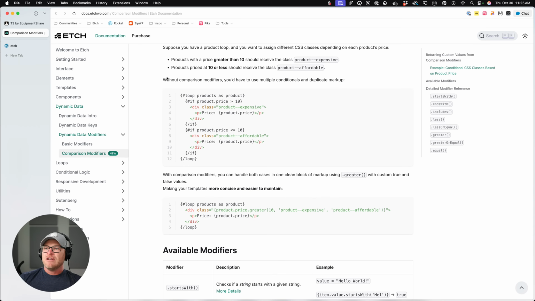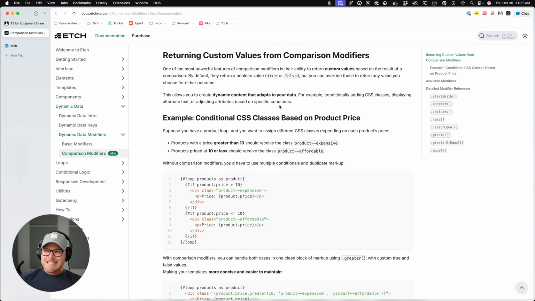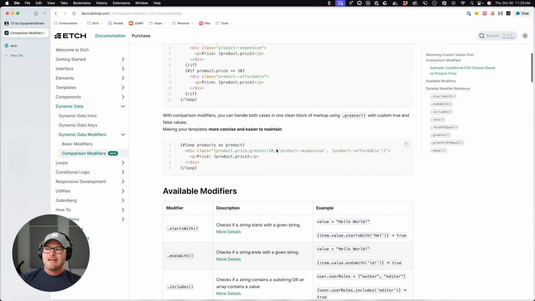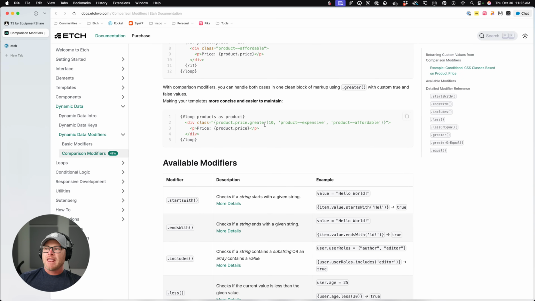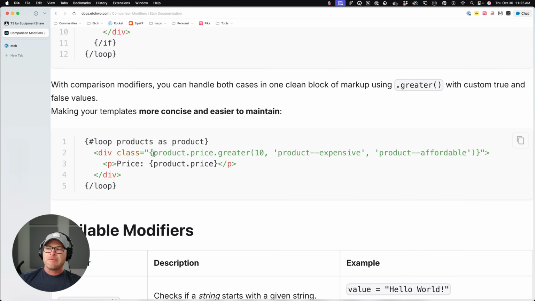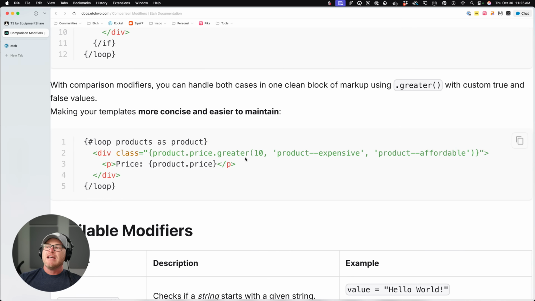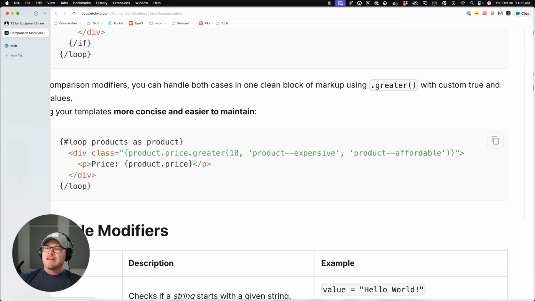All right, so I would encourage you, once again, read this doc about comparison modifiers, and you can see an example of one happening here, where the product price is dynamic data you're pulling, like from a loop or something, and right here we're manipulating the class output.